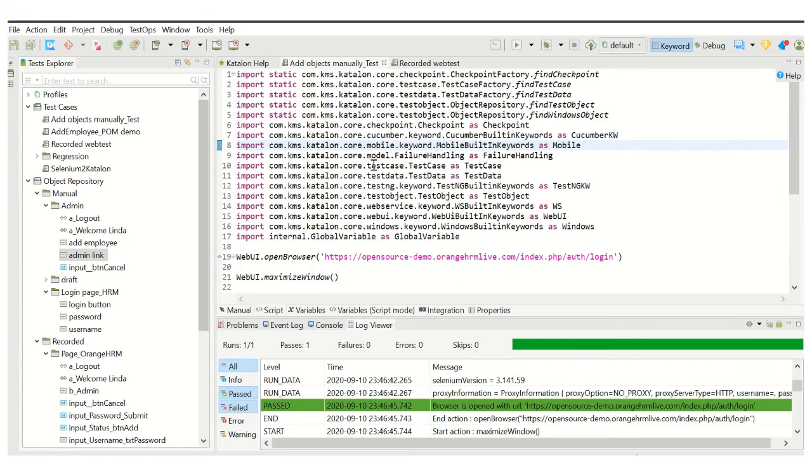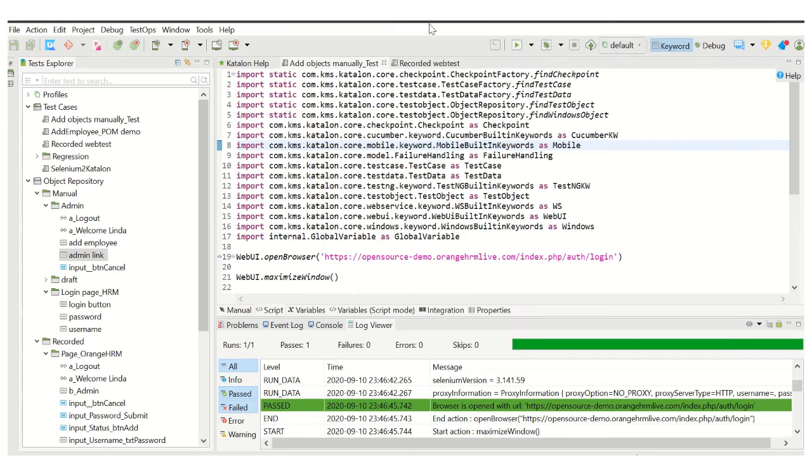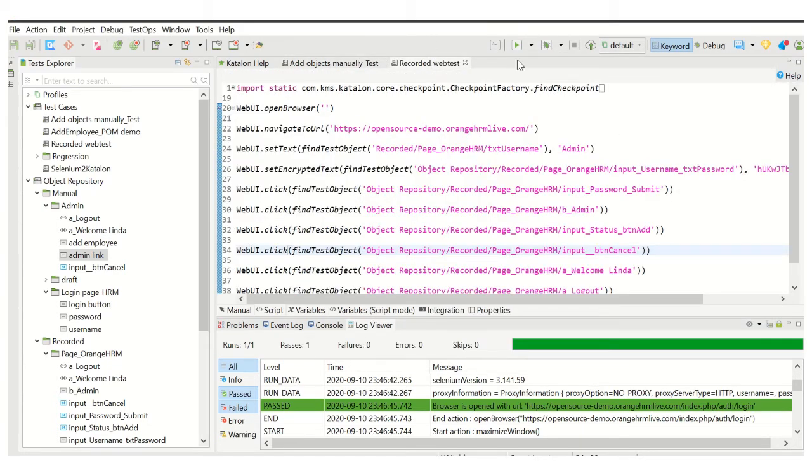This is for the test case wherein the objects are recognized by locators other than XPath. So now let us see the other test, which uses the objects identified by XPath.